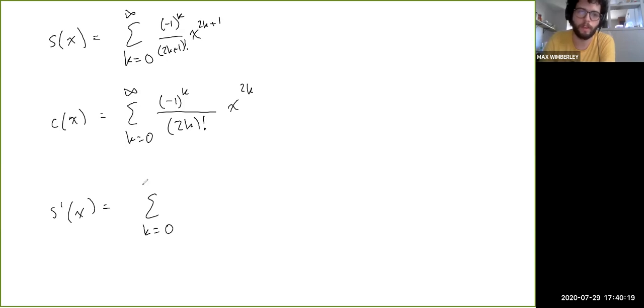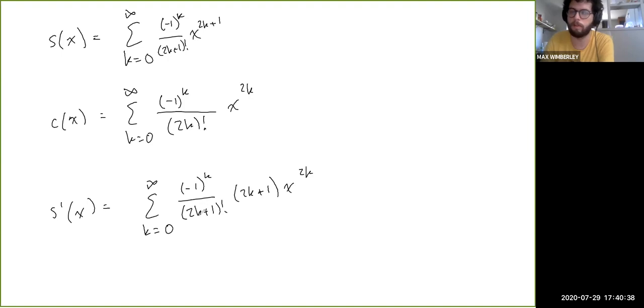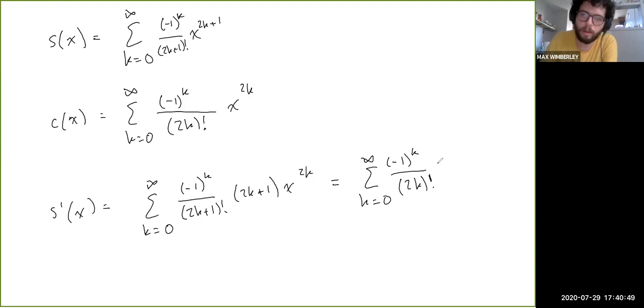So you get the sum from k equals 0 to infinity of negative 1 to the k, over 2k plus 1 factorial. And then we have 2k plus 1 times x to the 2k, right? And then this 2k plus 1 just cancels with the 2k plus 1 down here to give you 2k factorial. And then you end up with this, and so that's just c of x. And then, oops, c prime of x